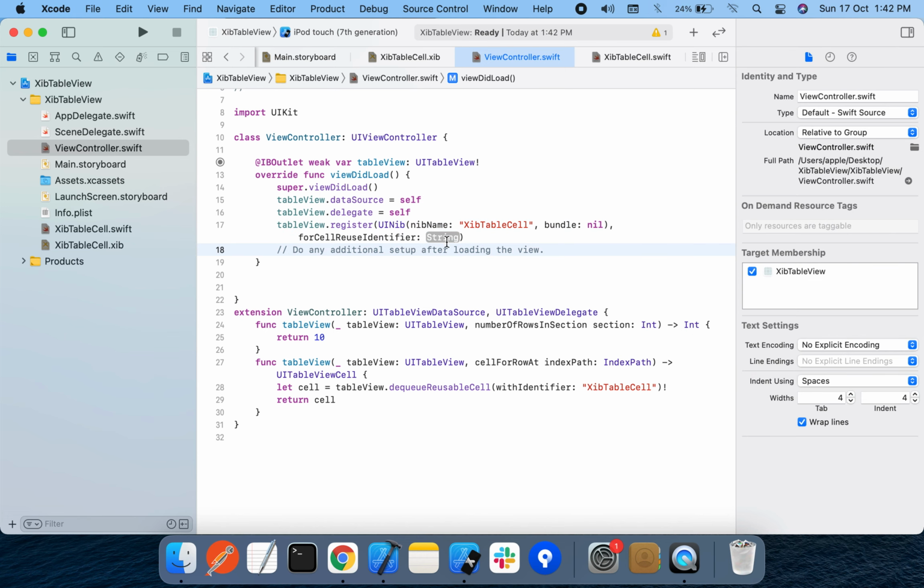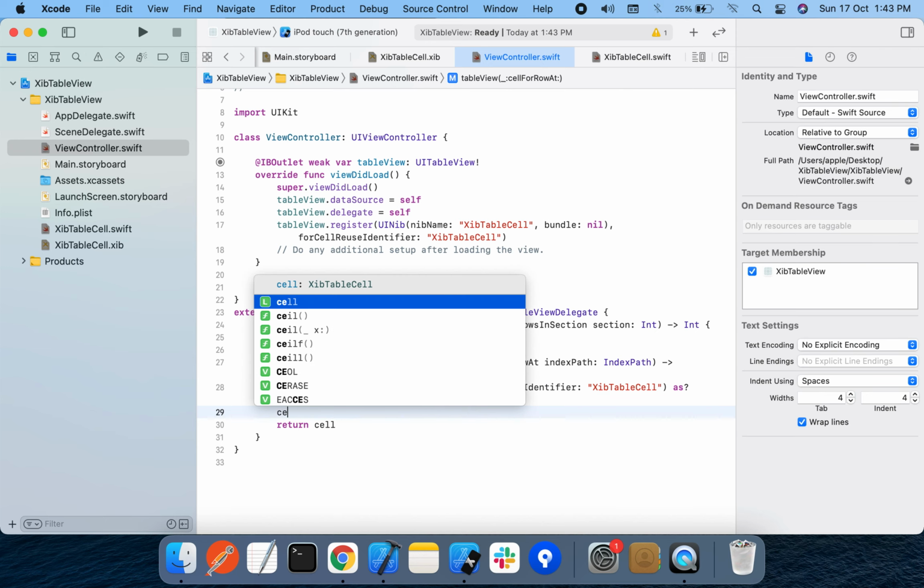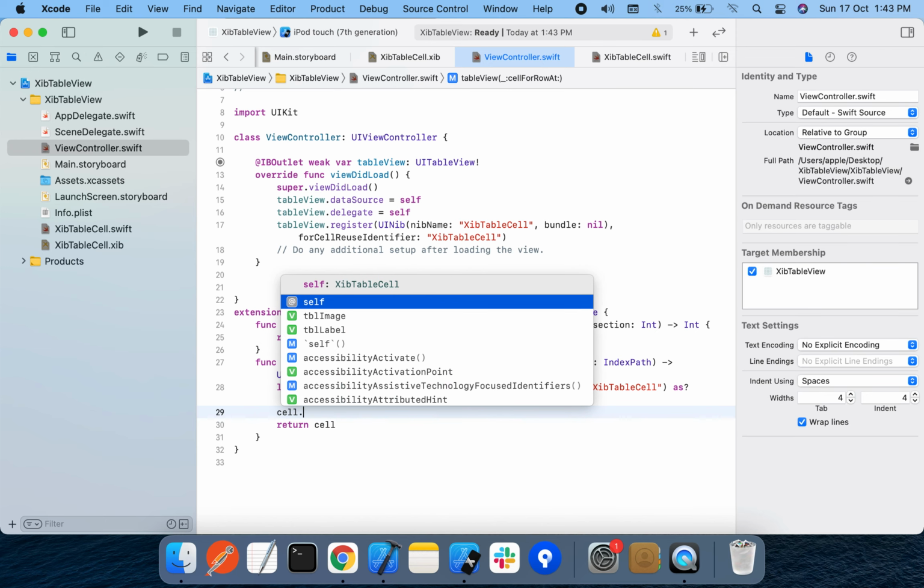So for this reuse identifier cell is whatever name you keep. So the same name, whatever you keep here, the same name should be used here as well. So that is the concept. And we need to cast this class as whatever we have created now, so that the properties inside that particular cell will be available for us.